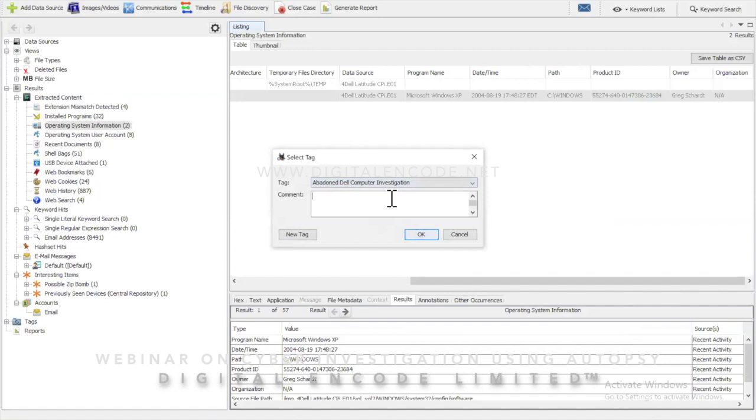So I'm going to leave a comment on this. So I can say evidence 01, since this is our first evidence that we found. So we can say it's our evidence 01, and open a bracket. We can say computer name. Then we can say, computer owner. We can say Greg Schnard. All this is very, very necessary so that we can actually provide an accurate result to be used in the